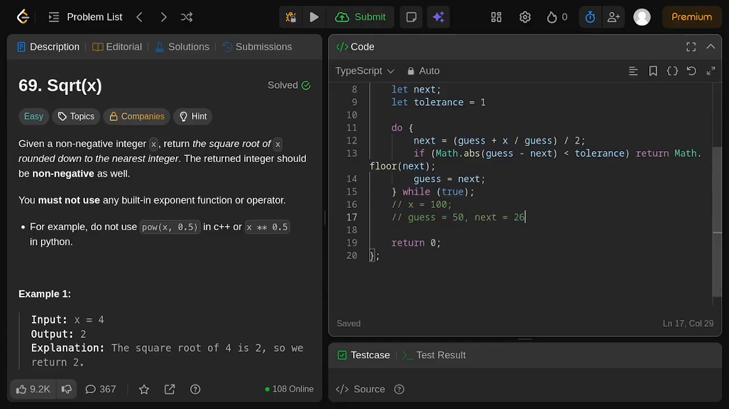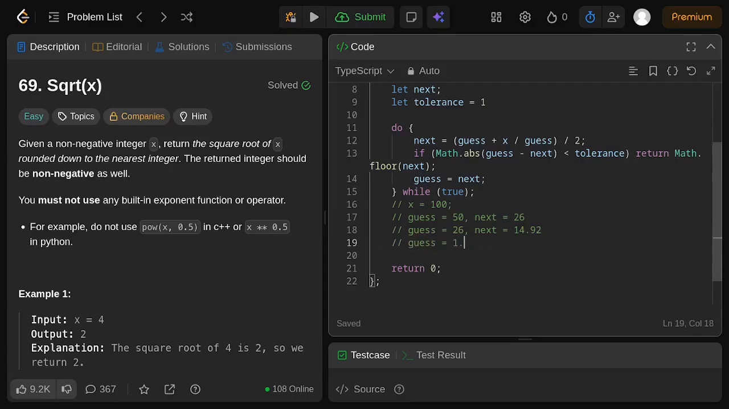then we need to declare another do while loop using the new guess of 26 and the next value of around 14.92. Since 26 with the 14.92 is still far away from the tolerance, which is 1, then we need to do the while loop again,